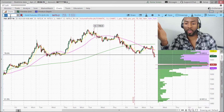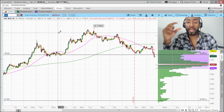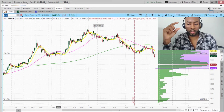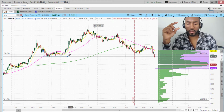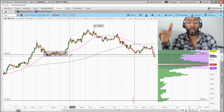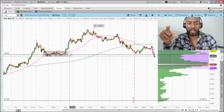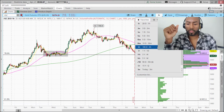So what are we looking at here in gold? We spoke about the importance of the 1680 level that we have now broken to the downside, but in the very short term time frame, we do have this nice area of consolidation right here between a high of just about 1693 and a low of about 1671, right where we are at in the pre-market. If gold cannot hold 1671, then if we zoom back out to the 4-hour chart, you can see that